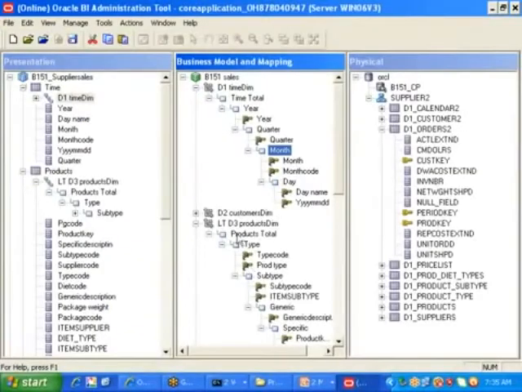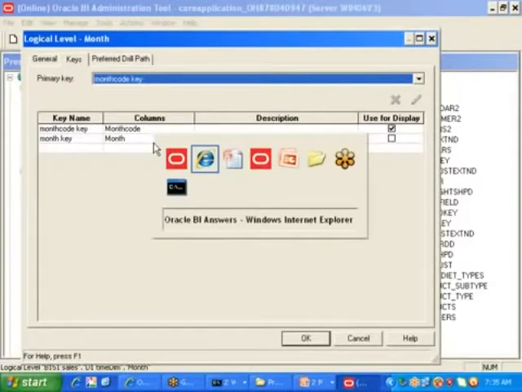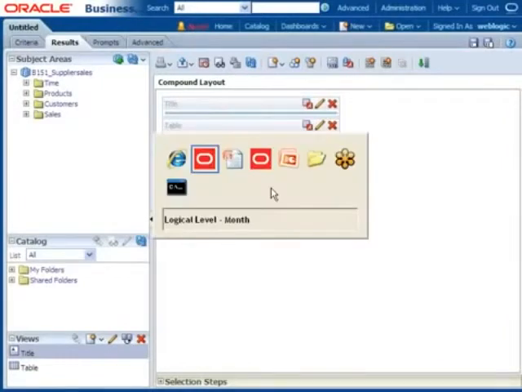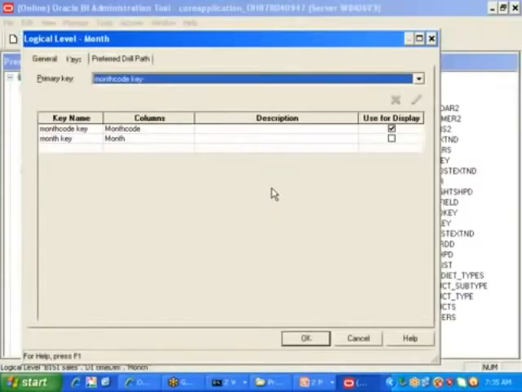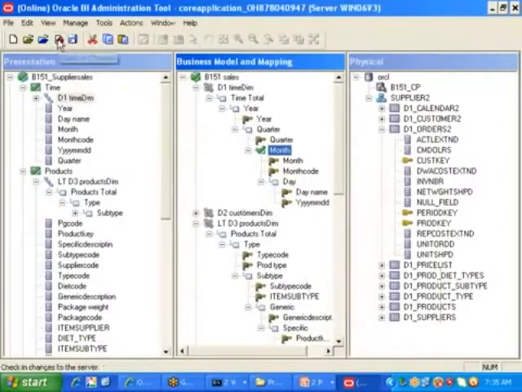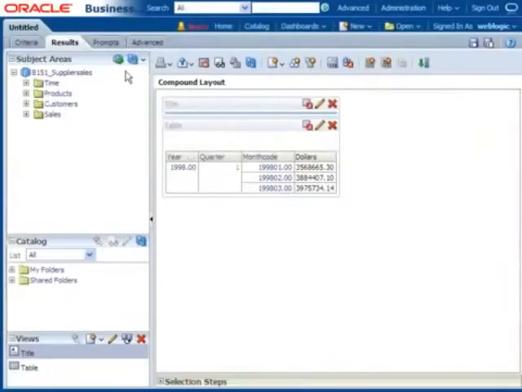Now one more requirement I will do. Previously we have either month or month code, right? Now I want both the columns. I mean to say, if I click on quarter value, we are seeing either month or month code. But I don't want it like that. I want both the columns. What will you do? I need to make both the display columns. You mean like this? Okay, we'll try it. Click on OK. Click on check-in changes. Click yes. Click OK. Now go to the front end.